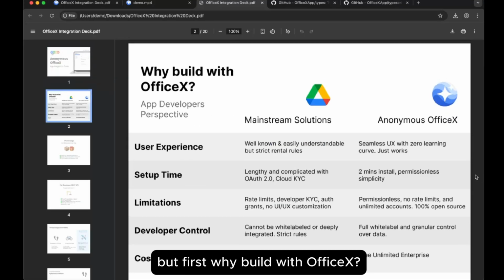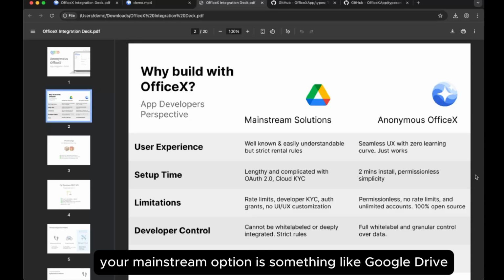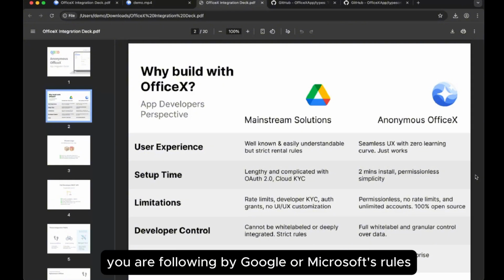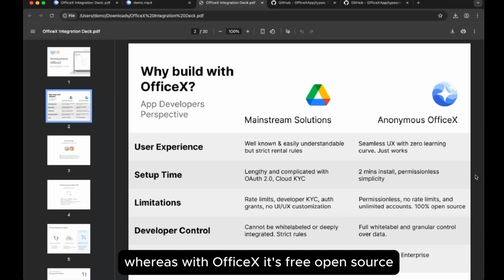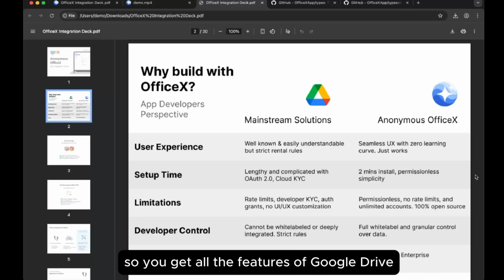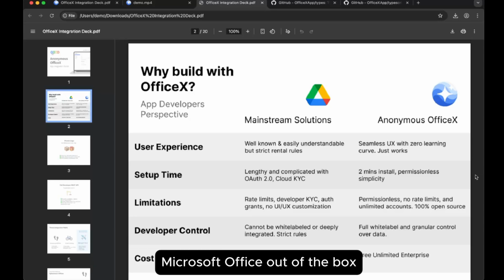So first, why build with OfficeX from the developer's perspective? Your mainstream option is something like Google Drive or OneDrive, which most users know. It's pretty understandable, but they have very strict rental rules. You are following Google or Microsoft's rules. Whereas with OfficeX, it's free, open source, a seamless user experience with zero learning curve. It just works. So you get all the features of Google Drive and Microsoft Office out of the box,